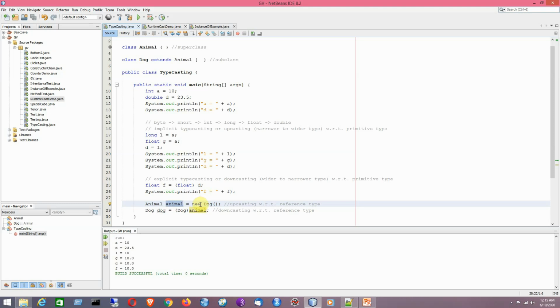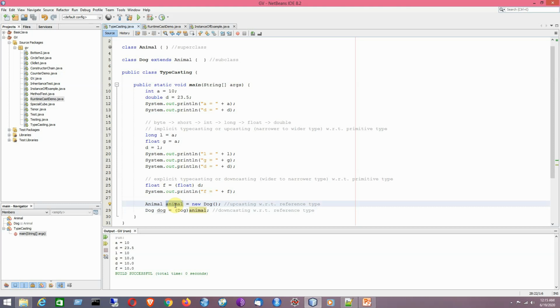Since I have told it like every dog is an animal, so it is indicating an is-a relationship. So now if I am going to convert this value, like the value of this object reference, so we need to use the typecast here. So this is the example of downcast. That means when we cast a reference along the class hierarchy in a direction from the superclass towards the subclass, so it's a downcast. We must use a cast operator in this case because there are several types of animal.